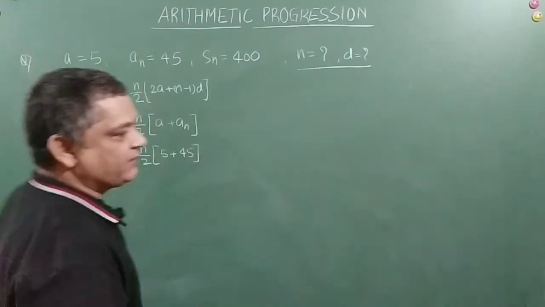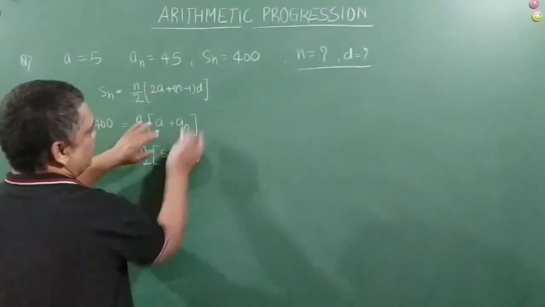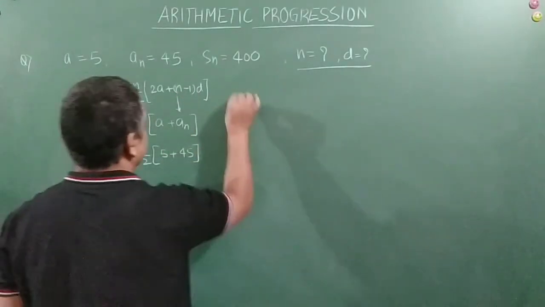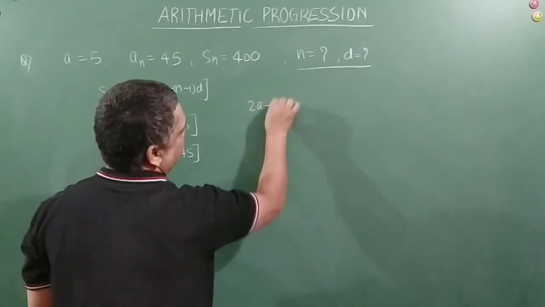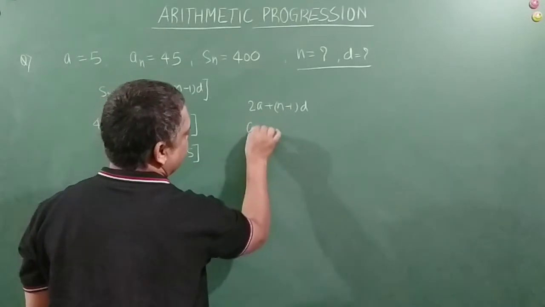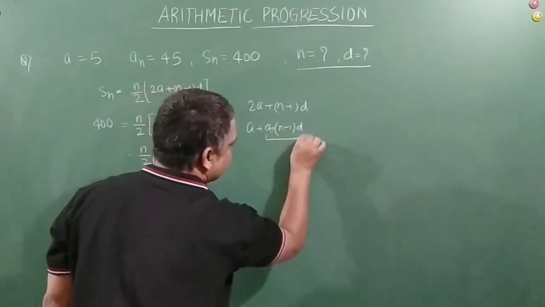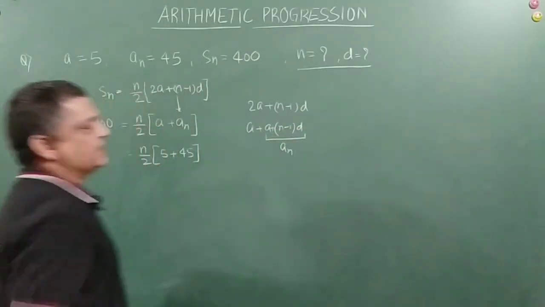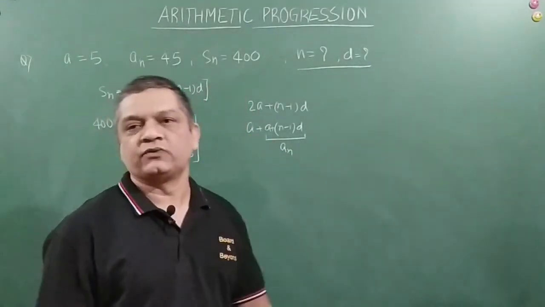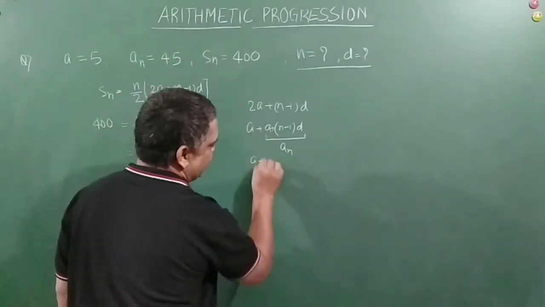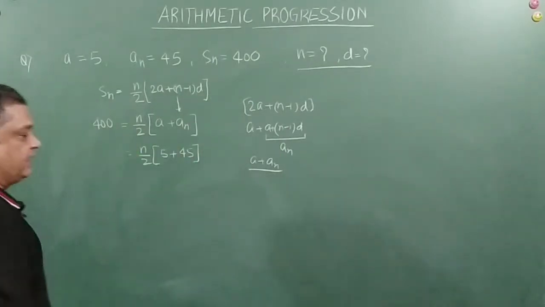Okay. Before going forward, for the friends who are not able to understand the transition from this to this, let me just explain it here. I'll just take whatever is inside the bracket, 2a plus (n minus 1) into d, right friends, which can very well be written as a plus (n minus 1) d. Now observe this carefully, this is nothing but an, the nth term. Nth term of an arithmetic progression is given as a plus (n minus 1) d. So this implies that a plus an. Got it? So whatever is inside the brackets, that is what I have written here, right friends?